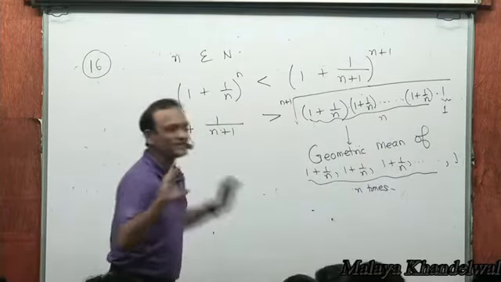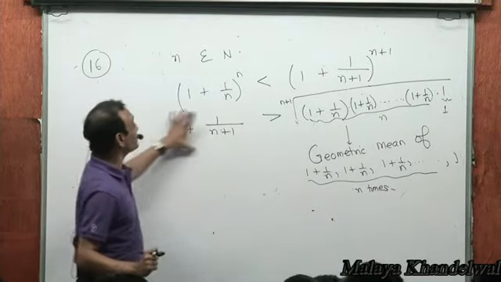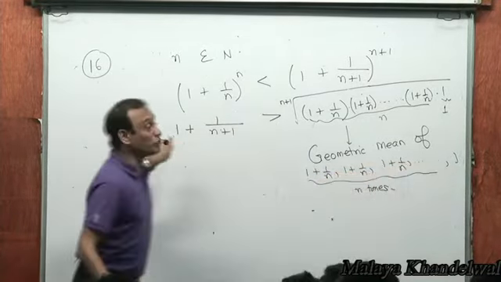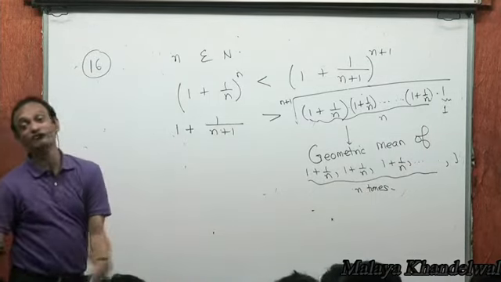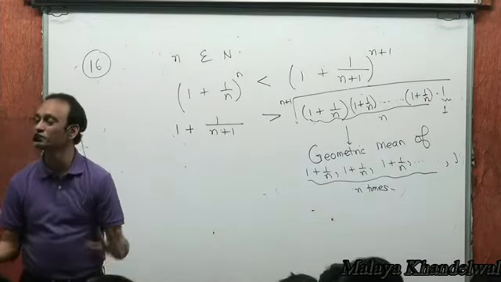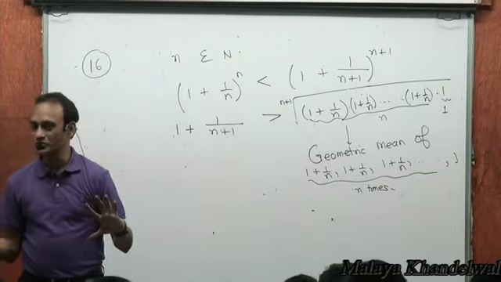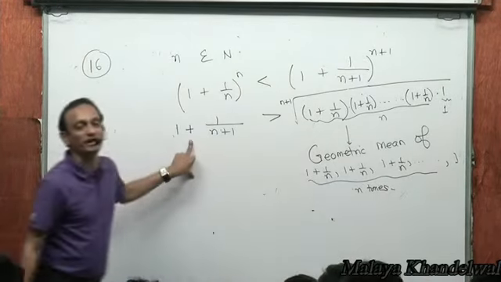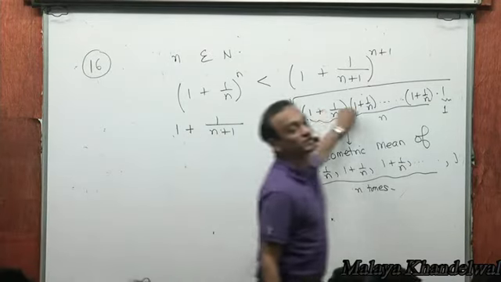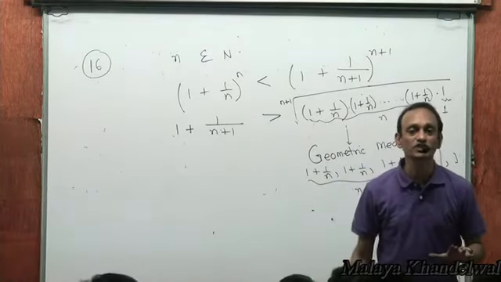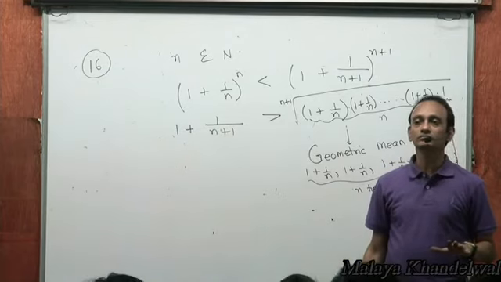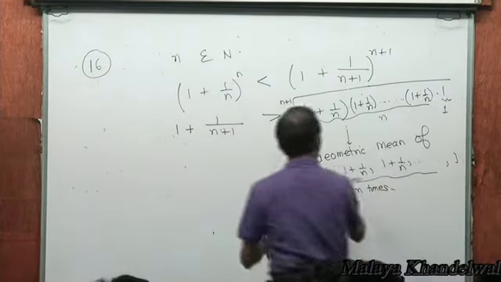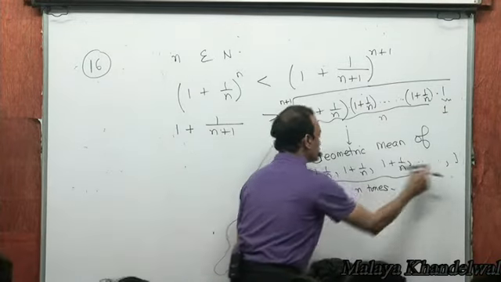Now, what I just need to check is if the left hand side is the arithmetic mean of these numbers. If the left hand side turns out to be the arithmetic mean of these numbers, then we are taken care of. We are shielded. Yes or no? So let me see what the arithmetic mean of these numbers is. If it turns out to be the left hand side, then this statement is about AM being bigger than GM. Yes or no? So let me find out how you find the arithmetic mean of n plus 1 numbers.